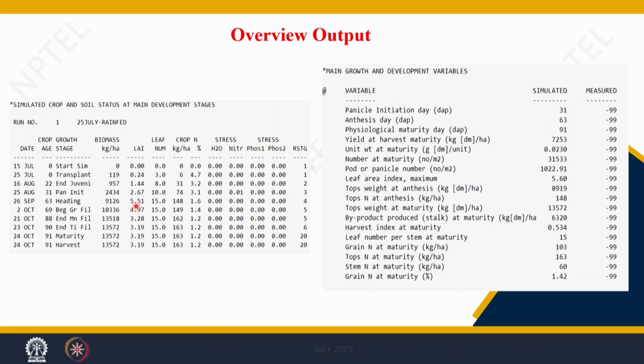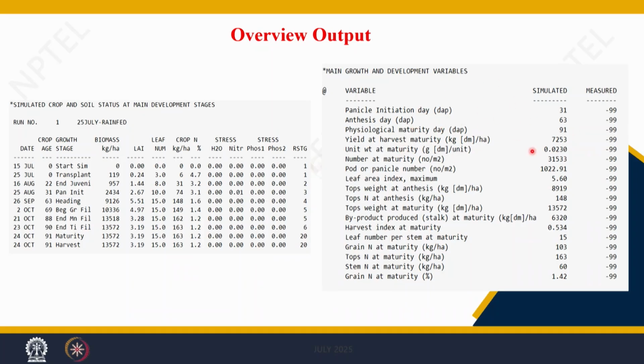So, 0 kg nitrogen. Since you have the stress of nitrogen deficiency, the crop there, you can see, there is no N stress, not so much N stress. The crop does not suffer from N stress, it gets a sufficient amount of nutrient, and the leaf area index also increases up to 5.55, the maximum leaf area index. Then towards maturity the leaf area index is decreasing. But similarly, there is an increase in biomass, and this is the final output.